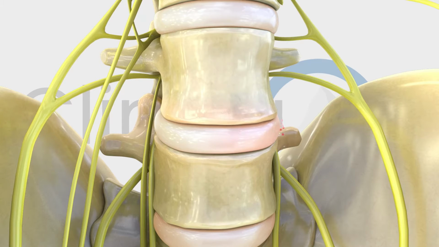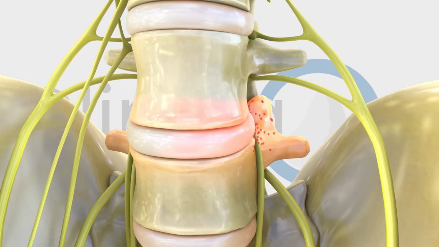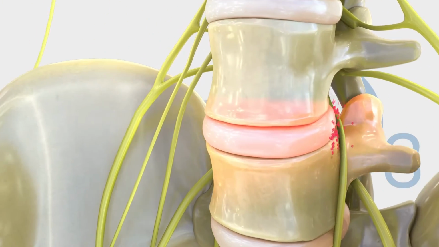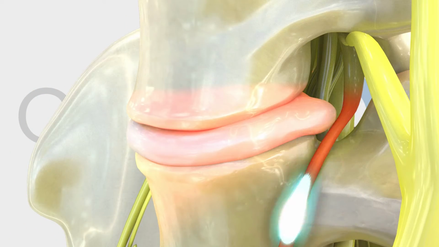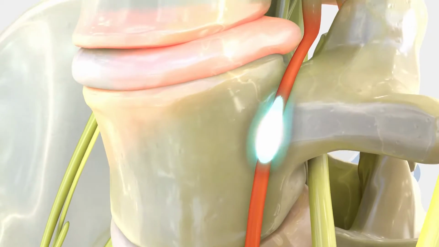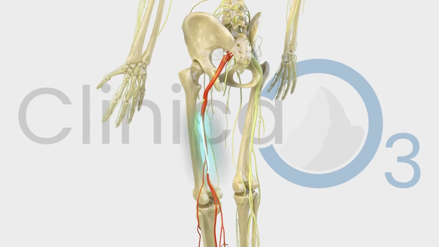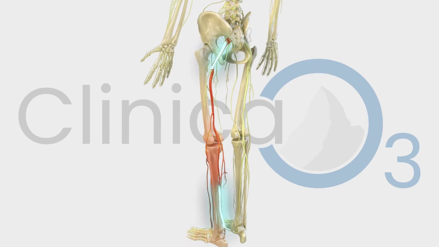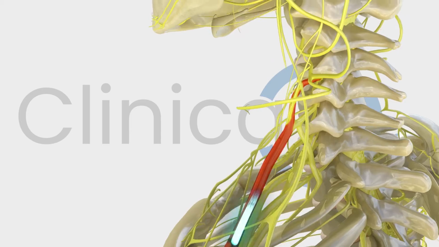Any contact between the nerves and inflammatory proteins present in the core of the disc, or pressure exerted by the disc itself on the nerves at the bottom of the spine, can cause sensations of pain, numbness, tingling, or weakness that radiate down the leg. These symptoms are commonly known as sciatica. A hernia in the cervical region can cause pain radiating from the shoulder to the arm and fingers, as well